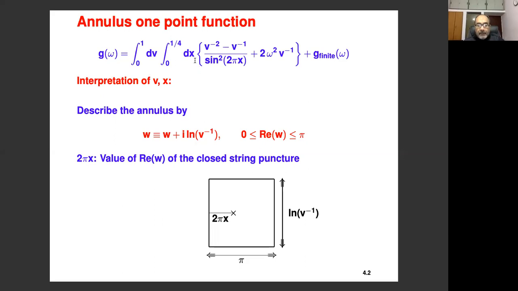Although the principle here will be the same, the calculation will be more involved. So I'll not go through every detail of the calculation, but I'll try to give as much detail as I can.